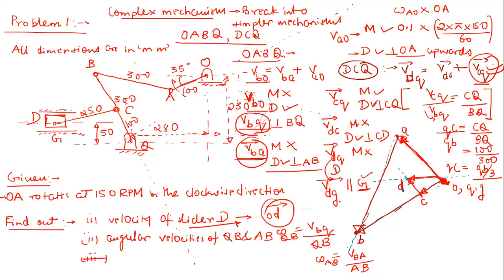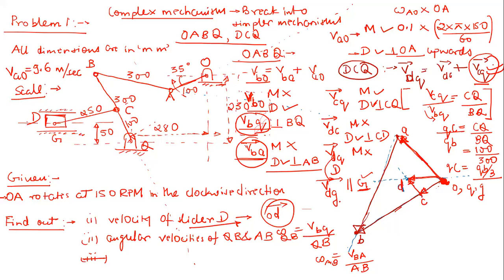Now let me mention one very, very important thing, right? Though here I am drawing this roughly, when you draw it on sheets, you have to choose your scale very properly. So let me give you one example. Let's say that this VAO, when I calculated this, came out to be, let's say, 9 point something 6 meter per second. So if I ask you what should be the scale that I should choose for it, what could be a suitable scale? Can anyone answer?